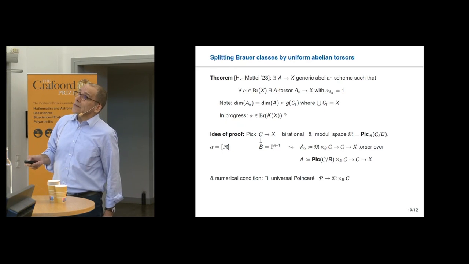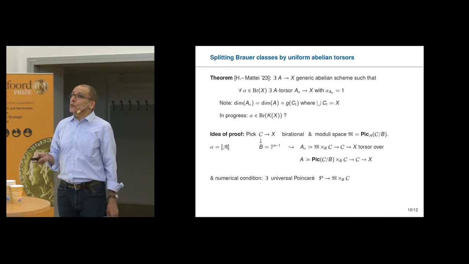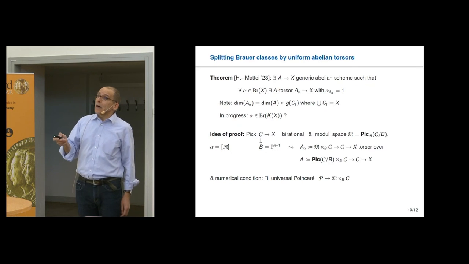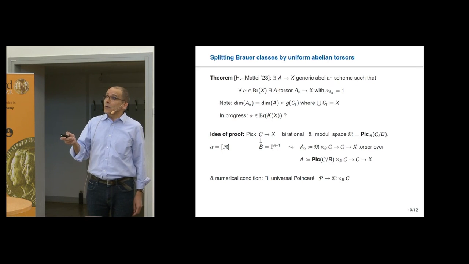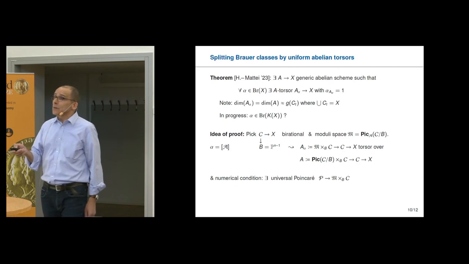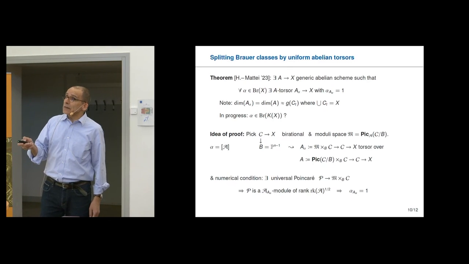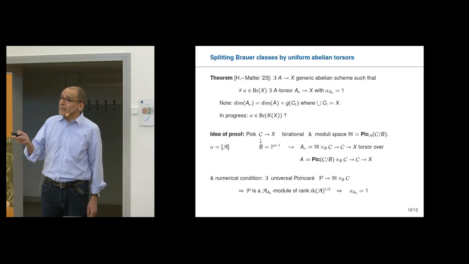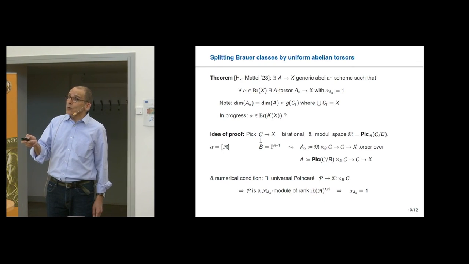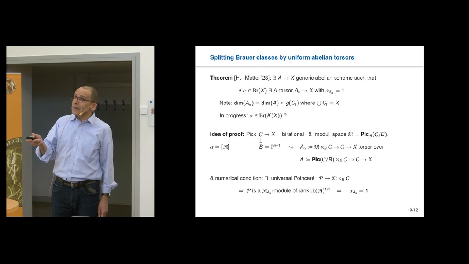So now there's a little bit of tweaking you have to do in order to make this moduli space a fine moduli space, so that there exists a universal sheaf, that's a universal twisted Poincaré sheaf. This sheaf then is, by definition, there's a moduli space of twisted sheaves on here, so that's a module over this pullback of the Azumaya algebra,